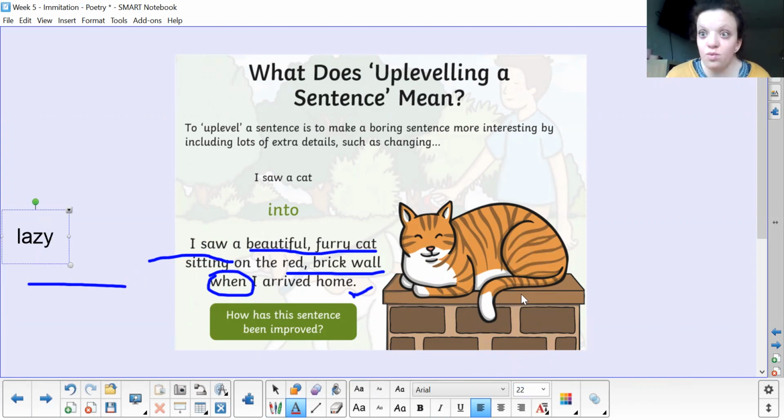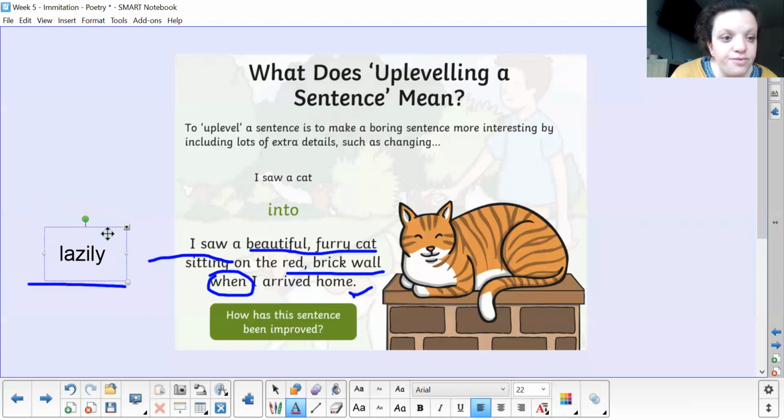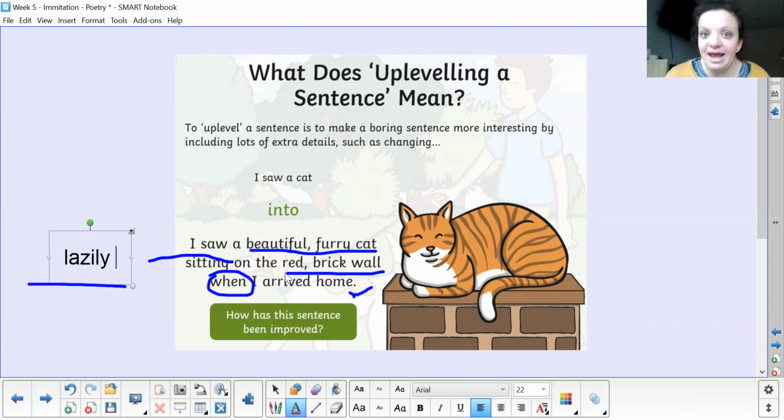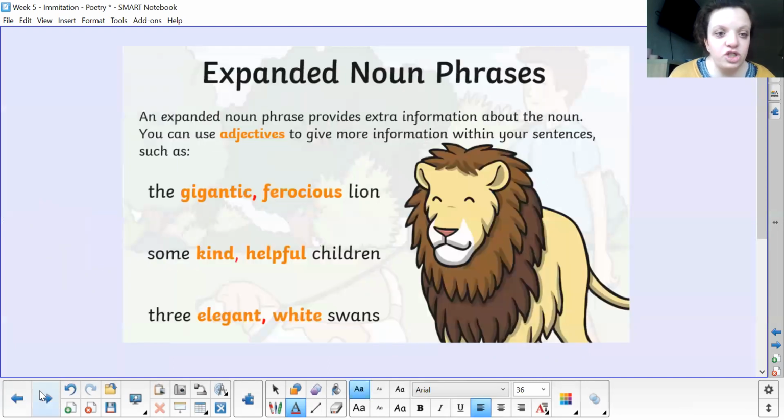I know that when I add ly, if you're in Miss Quitchy's phonics group, you have to drop that y and change it to an i and then add ly. So it's going to go in there. I saw a beautiful furry cat sitting lazily on the red brick wall when I arrived home. So I've up-leveled it. I've made it better. Okay, I've made sure I've got all those features, and I've included it to make it a much more interesting